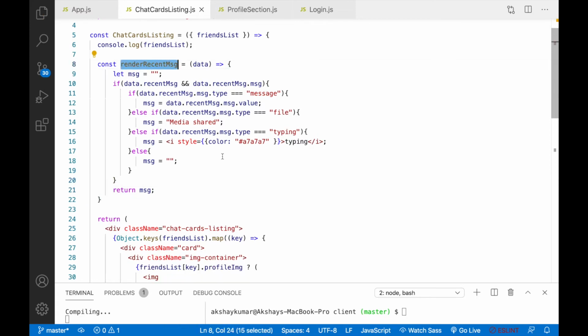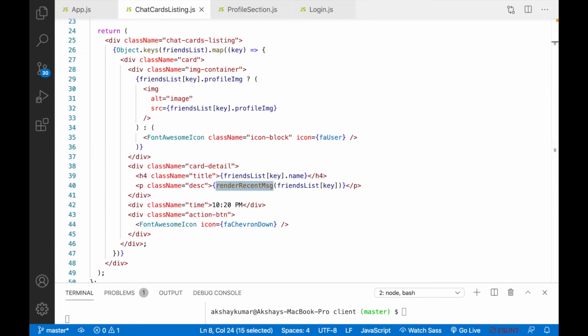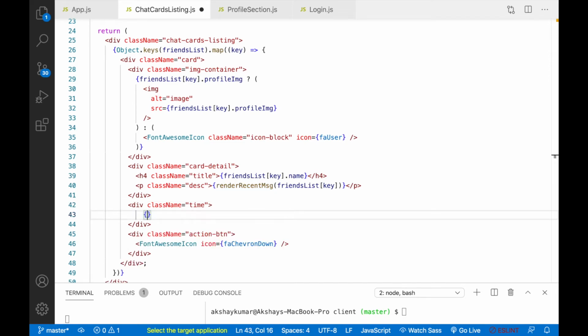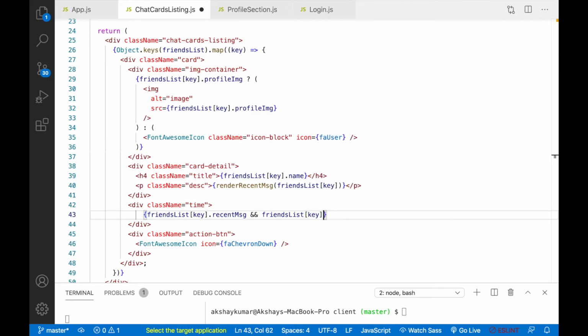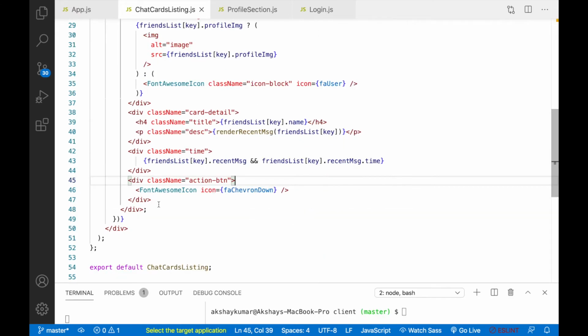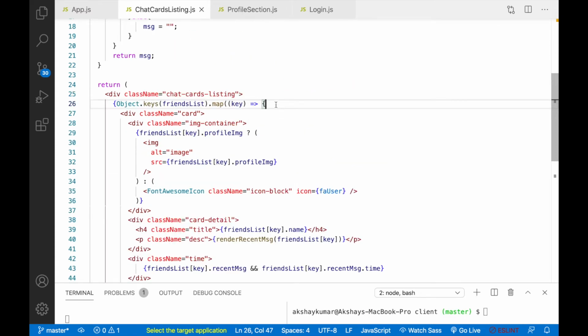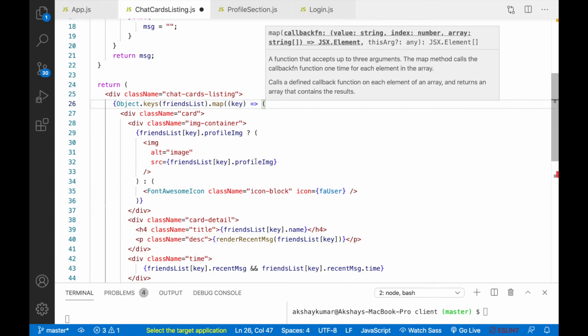So now we already called this method here, and for this time we can write friendList[key].recentMessage. If recent message is available, then we'll write friendList[key].recentMessage.time. I'm sorry guys, I made a mistake, it should be just normal brackets, right?